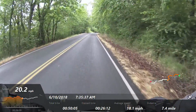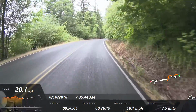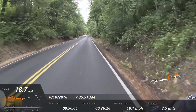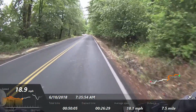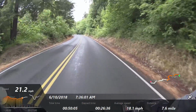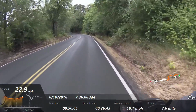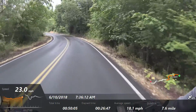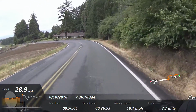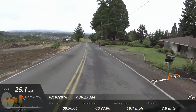Yeah, still downhill. Haven't even touched my throttle or anything. Just keeps going. I wish I had my head cam on, then you can see over to my left. It's like where I think it curves around here in a second, you'll be able to see it. Yeah, this is about as fast as I feel comfortable on my bike, you know? I feel stable at this speed, but